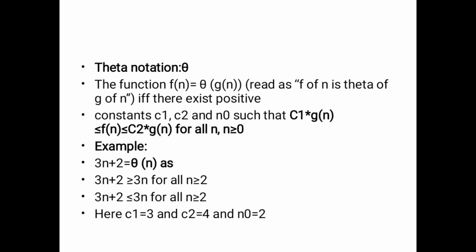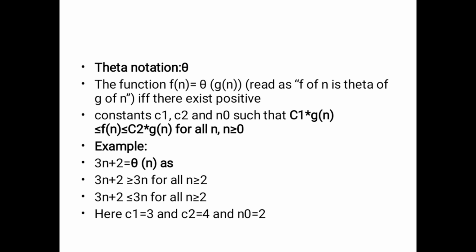Next, theta notation. This is the third type of notation. In theta notation, indicated by the theta symbol, it is used to represent the average case time complexity. It takes the average time for the execution or run of an algorithm, hence it is the average case boundary. It means what is the boundary here? It is the average, so it takes the average boundary in a graph.